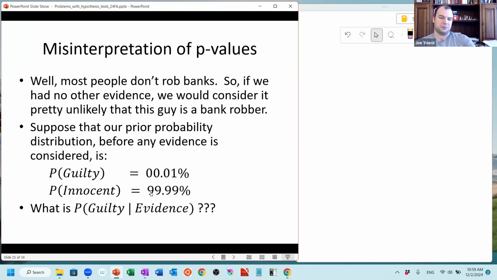Well, I would argue that this is the proper prior distribution, and there are different arguments to be made here. But I would argue this is the proper prior distribution to use: that at the beginning of a trial, at the outset, before anything else is known, we should just presume that this person on trial is a random person chosen from the population. And this is why the purpose of the trial is to present evidence against the defendant, right? Well, I mean, the police had some evidence that led them to suspect this person and arrest them. Presumably, that evidence is going to be